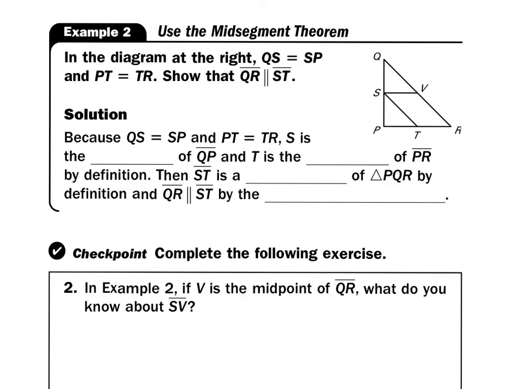Okay, in the diagram at the right, QS equals SP and PT equals TR. Because QS is SP and PT is TR, S is the midpoint of QP and T is the midpoint of PR by definition. Then ST is a mid-segment